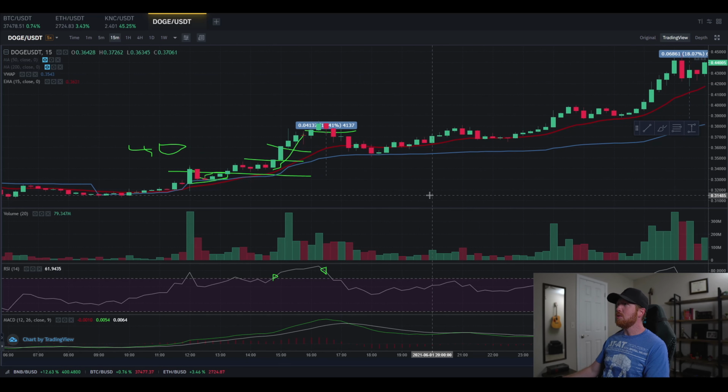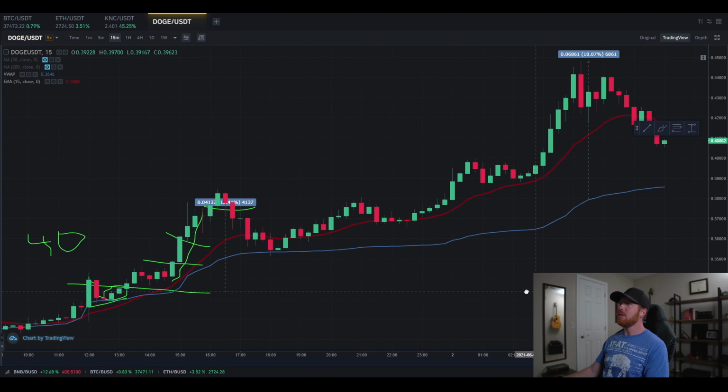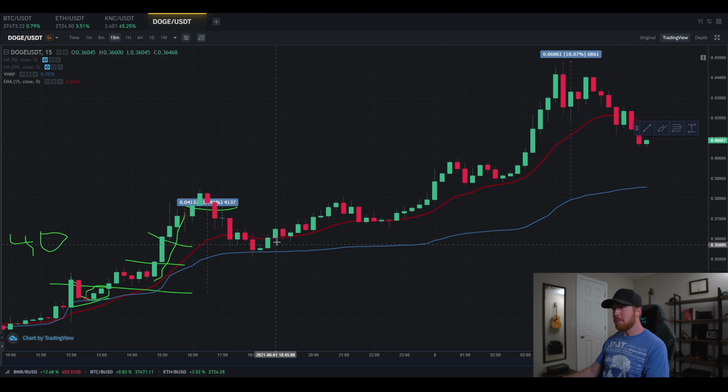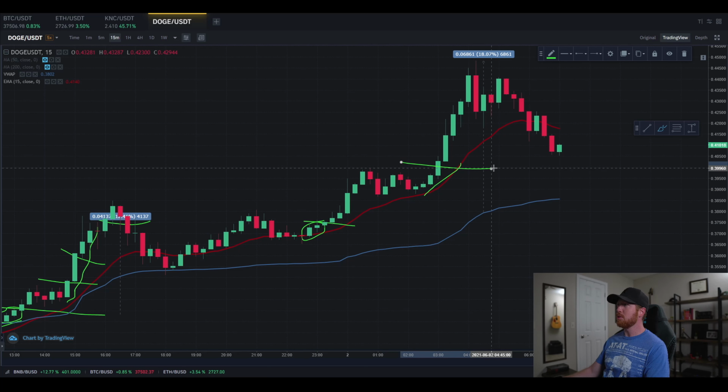So just something to note, again, these are little things that I like to look at when I take entry. Now obviously Dogecoin is a unique one, but if you apply these theories, you're going to be much more successful, right? So you could have done the same thing here. For example, you could have taken entry here as soon as you get your confirmation, come up, let the price go lateral. As soon as it bounces off the EMA, you get your true confirmation, you add to your position here,